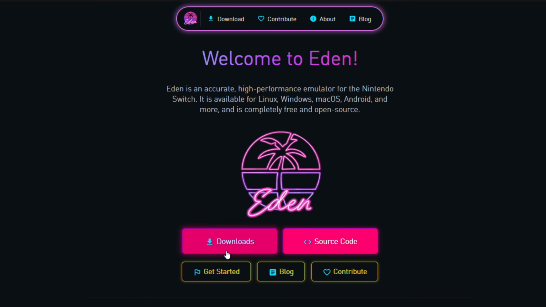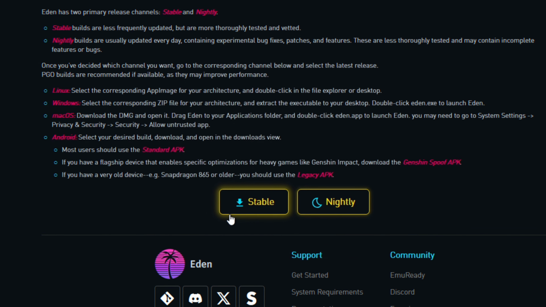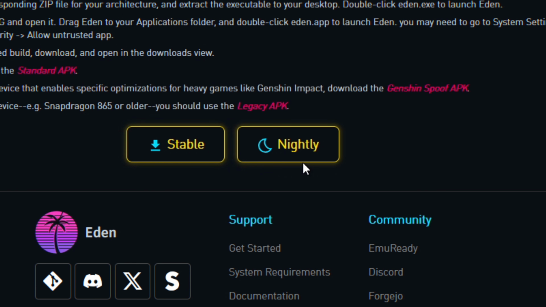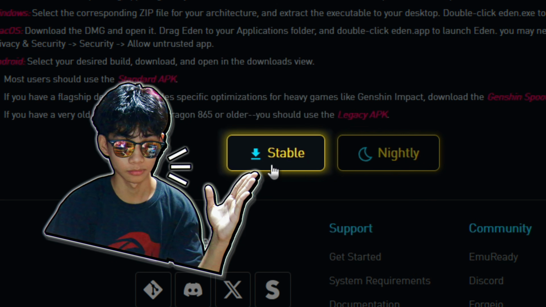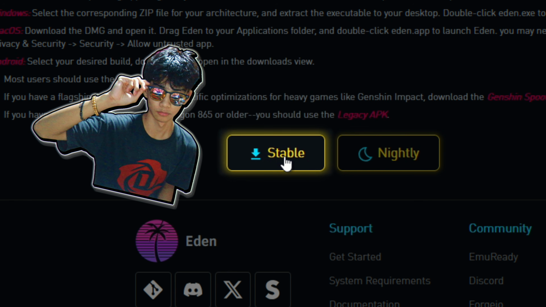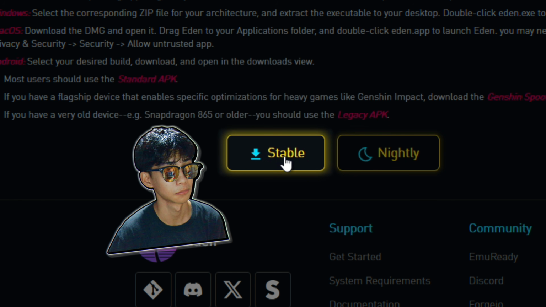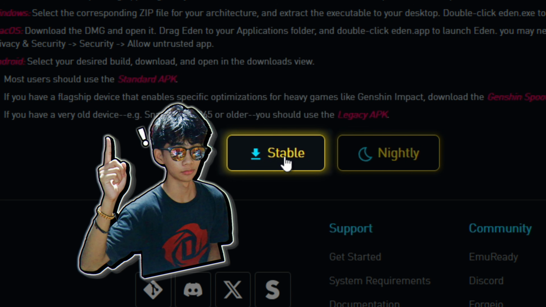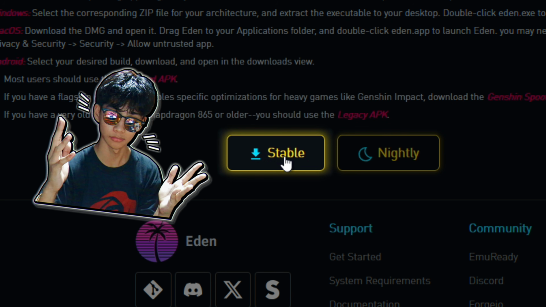Now, click download, and in here we have two options. Either we pick the stable versions or the nightly versions. So let me explain what's the difference. Alright, quickly. So stable builds, as the name suggests, are the stable builds of the emulator, meaning it's more stable. Yeah, that didn't really need any explaining, but yeah, stable versions are less frequently updated and get new features way